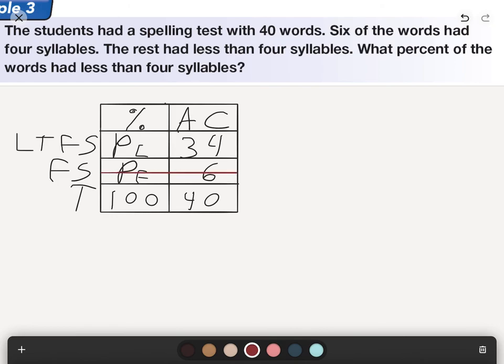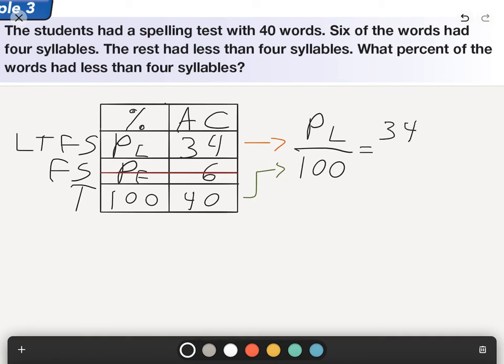So we can get rid of that. Then we can think, okay, I'll bring these over, and I'll bring those up. And so we've got percentage of less than 4 syllables is to 100 as 34